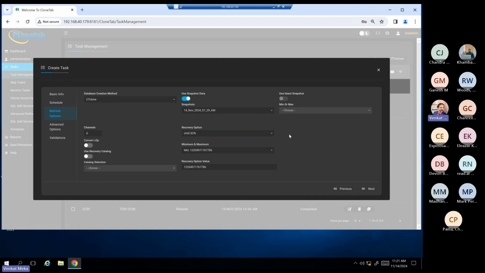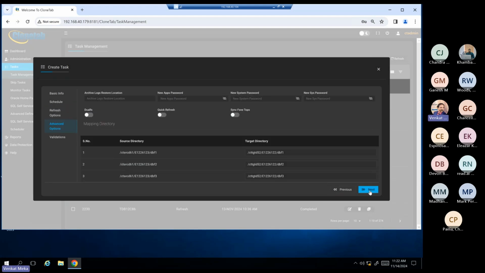Of course, when you do the recovery, it has to use all your archive logs and it may take a little longer depending on how much it has to recover. If you want to schedule clones, say for the next 1 year, next 1 month, and so on, daily, instead of coming to the screen, you can simply say use the latest snapshot. So it will identify which is the latest available snapshot and it will clone using that for you.